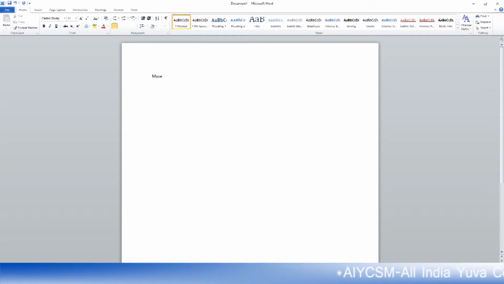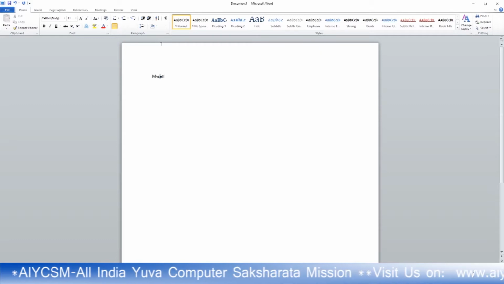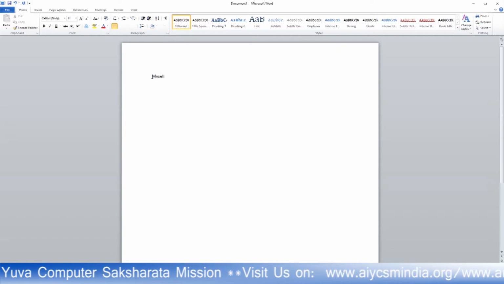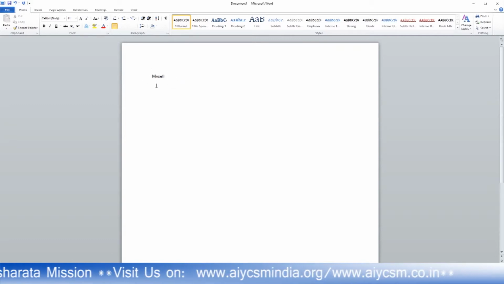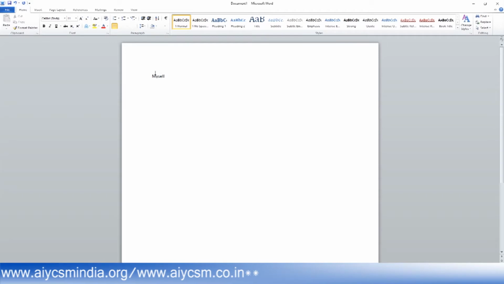Now, I have to write a word. I write myself. This is a word. It starts from the starting point of the page. These areas are the margins, and these are the tops, known as the header areas. So we start our journey from there. We can write from there. I write a word. Now I have to apply different features on this word, on this font.